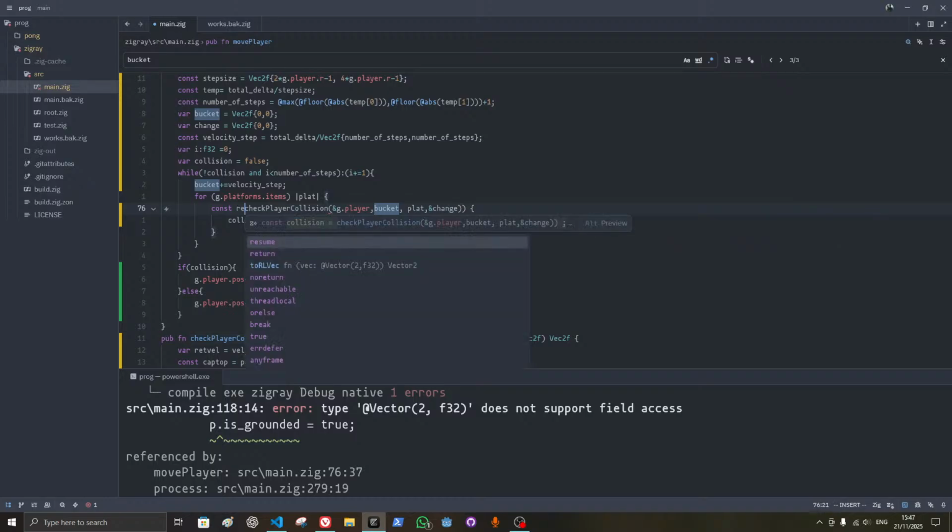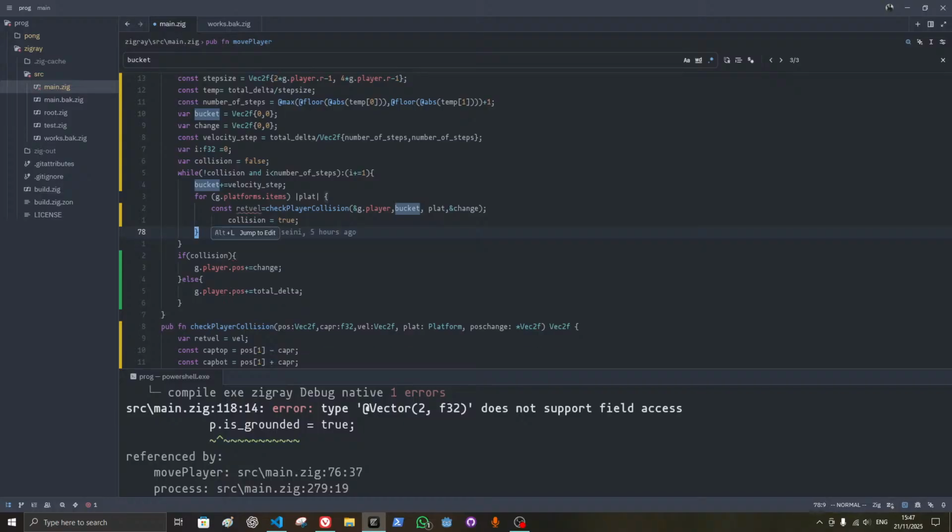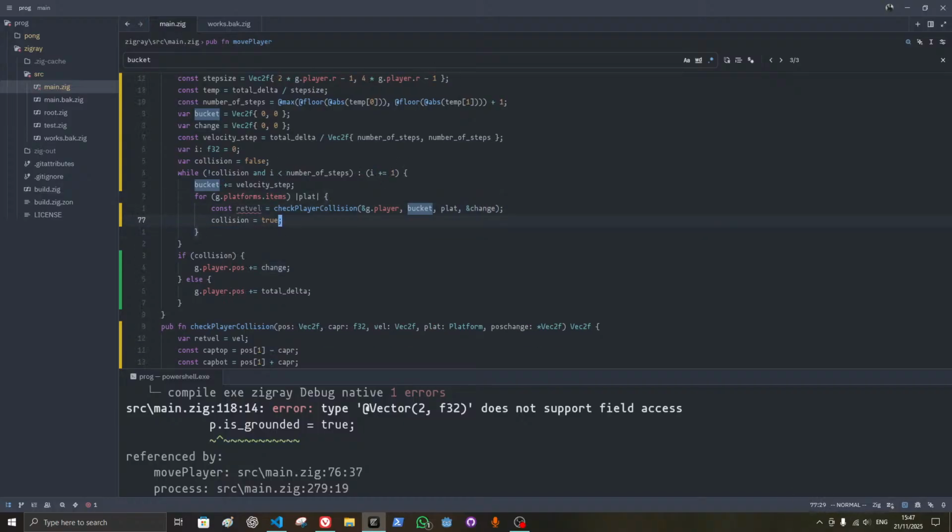Const return velocity red vel equal to this one. Then what? Okay, now